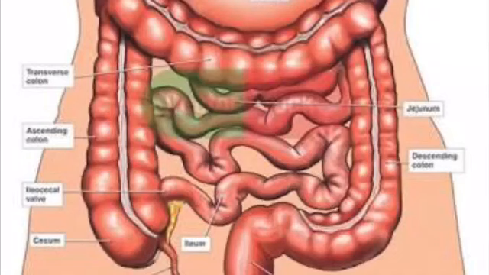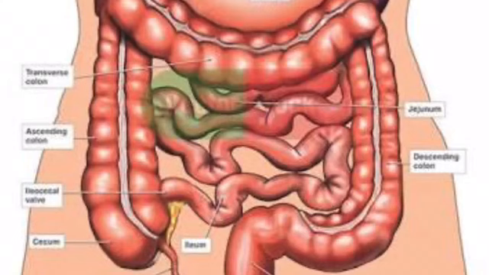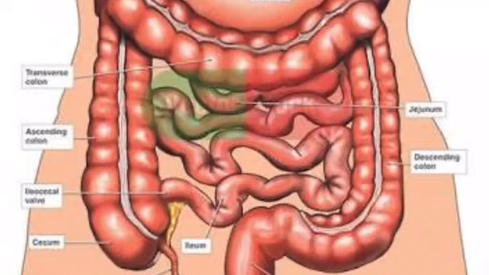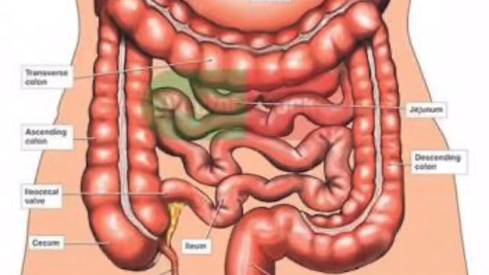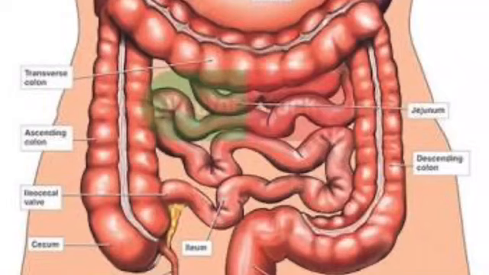So the digestion completes in small intestine. Maximum digestion takes place in small intestine and digestion is completed in small intestine. Now the food is ready for absorption. It's very important to note the importance of small intestine. Small intestine is the part of the alimentary canal where digestion is completed. Maximum digestion takes place and absorption also takes place. You are learning about this process very briefly according to your syllabus.